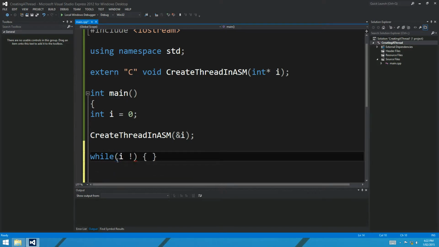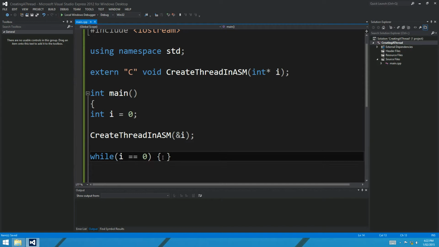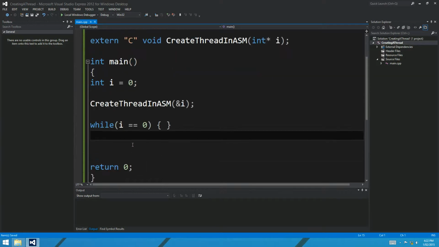While i equals 0, we'll just wait. While i equals 0, just spin loop. This is called a spin loop. Here, do nothing at all. This is not a very good way to do this either. We'll look at other ways later on to wait for a thread to finish, but for now, it should be pretty good. Okay, so once we've actually set i to 1, we want to print it out